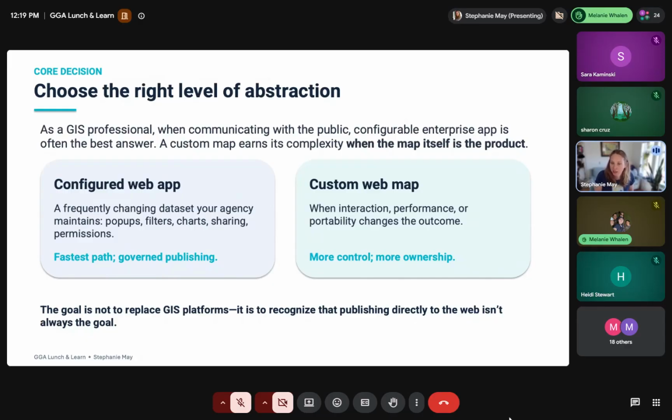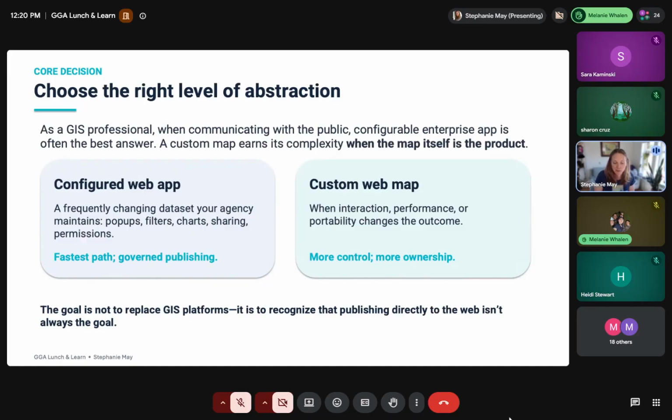So that's really my conception and the way that I think about this. It's really not about replacing any of the GIS platforms. It's just recognizing that you have these options. And what I would say further is there's a deep, dark world of ways that you can publish feature services and all of the various Esri ArcGIS Online components and display them in these web maps. There's like every type of hybridization for what can happen here.